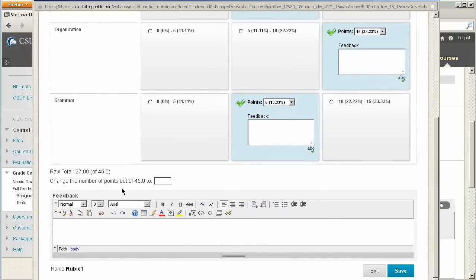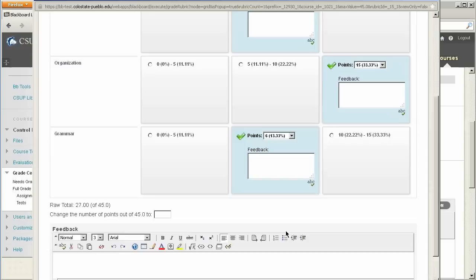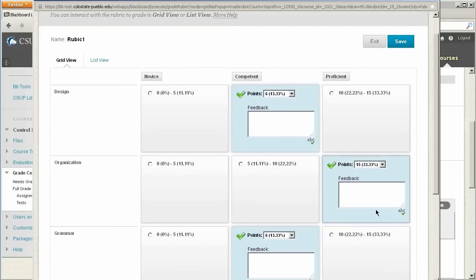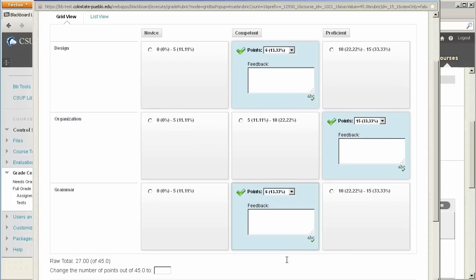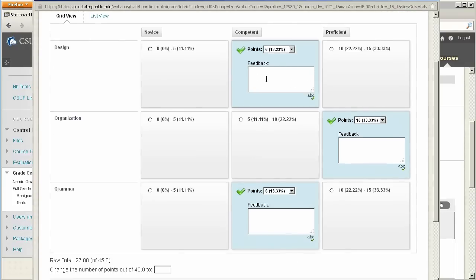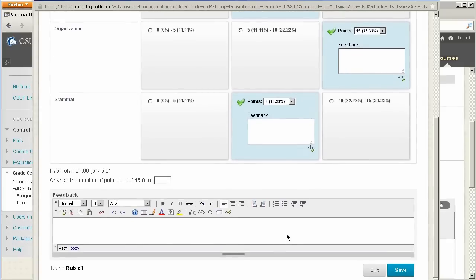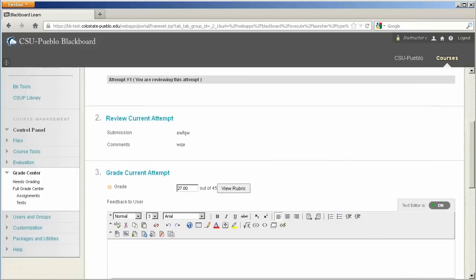If you need to change their score to bump it up for some reason, they've got some extra credit points or whatnot, you can drop that in there. I'm going to leave that alone. If you had any feedback on any part of the attempt, you'll notice that each area offers you a feedback zone, so you can give feedback on that particular area inside the rubric or outside, just a general overall feedback to the student. But once you're ready, you'll click the Save button, and it's going to enter the grade automatically in there,